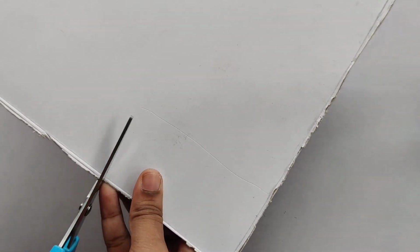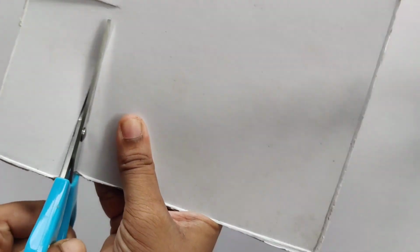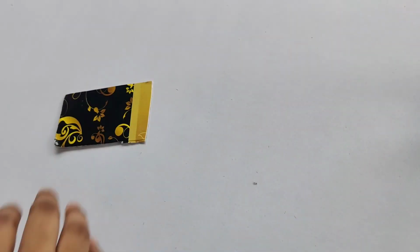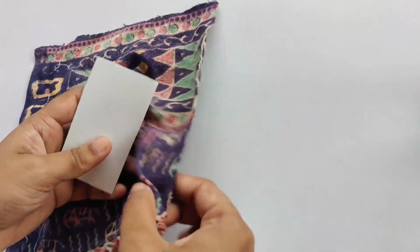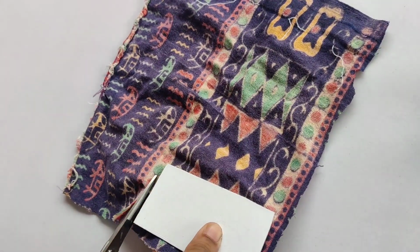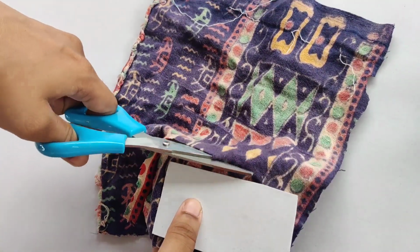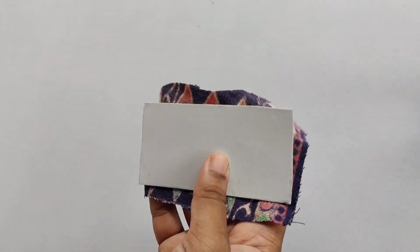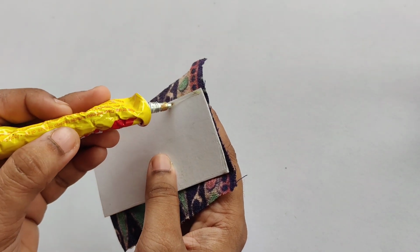So first of all we'll cut this base in a triangular form. So I'll cut this one. Okay, so we have got our shape, and now I'm taking this fabric, and first I'll measure how much fabric is required, and we'll cut that fabric. Okay, so I have cut this, and now I'm taking this Fevibond glue, and I'll apply this glue over here to this side,